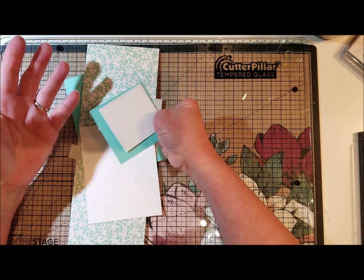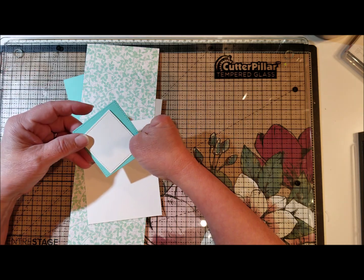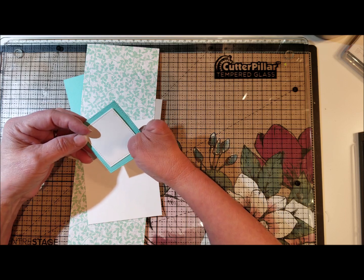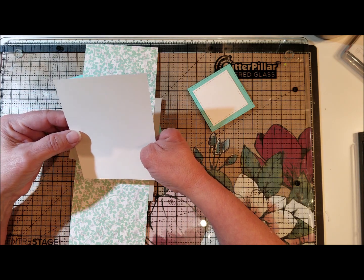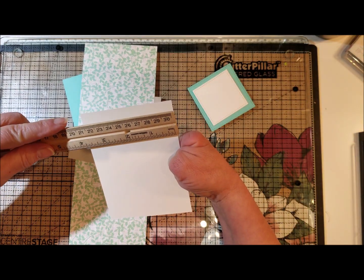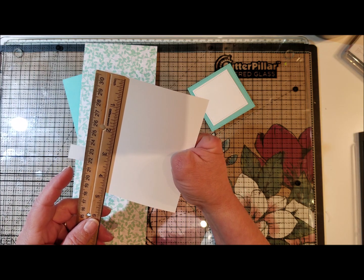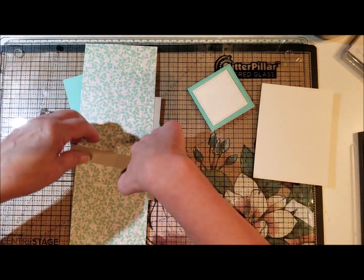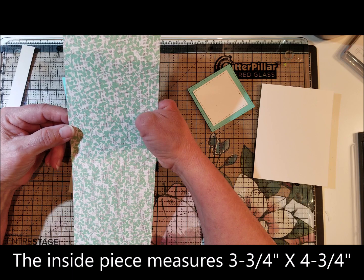I've gone ahead and pre-cut, and we'll stamp and color along the way. But these are my two squares that I told you I used from the Stitch framelit set, and I did the large one in Mint Macaron, and the smaller one is done in Shimmery White. And then we have an inside piece here, and this one should measure 3 3/8. Let me make sure, because I was cutting pretty fast for this. Yep, no, this one's 3 3/4 by 4 1/4. Okay, so that's your inside piece, and then this piece measures 3 7/8 by 11 inches,